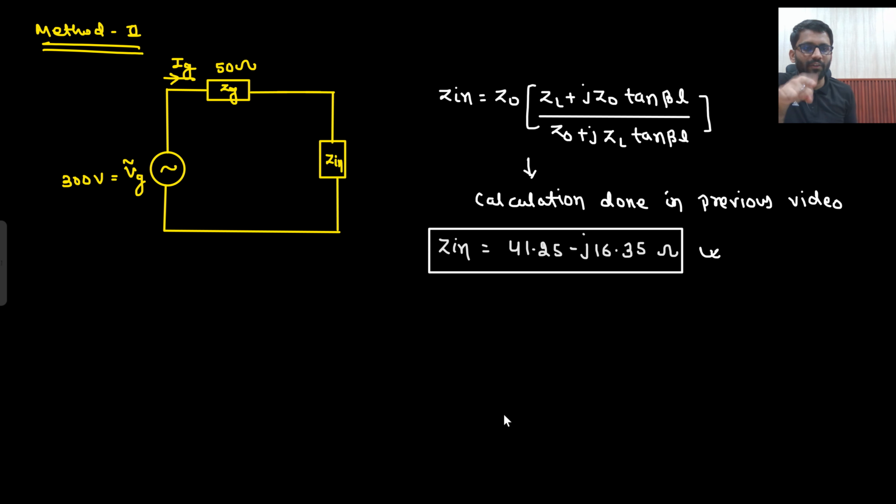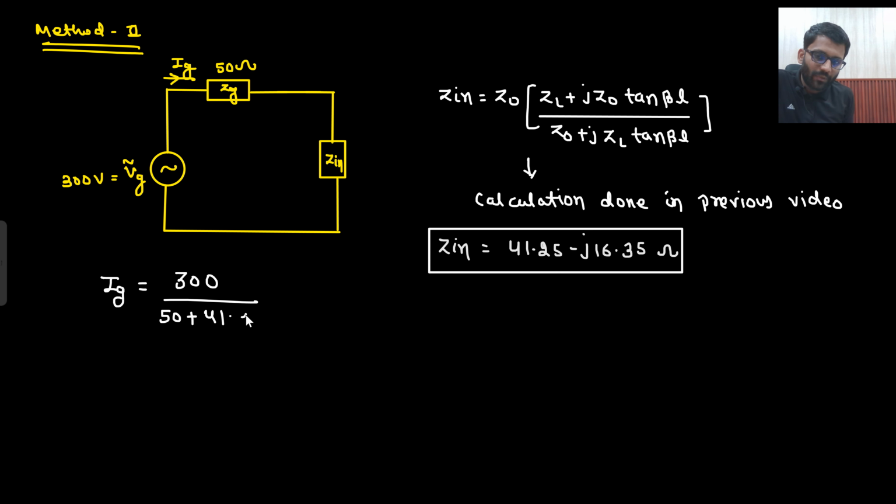So there we found the value of Z in. Also we found the value of Ig as well. How will we find Ig? In that video we were calling Ig as I in. So how were we finding that value? That would be equal to 300 divided by 50 plus this impedance, that is Z in. So 41.25 minus j